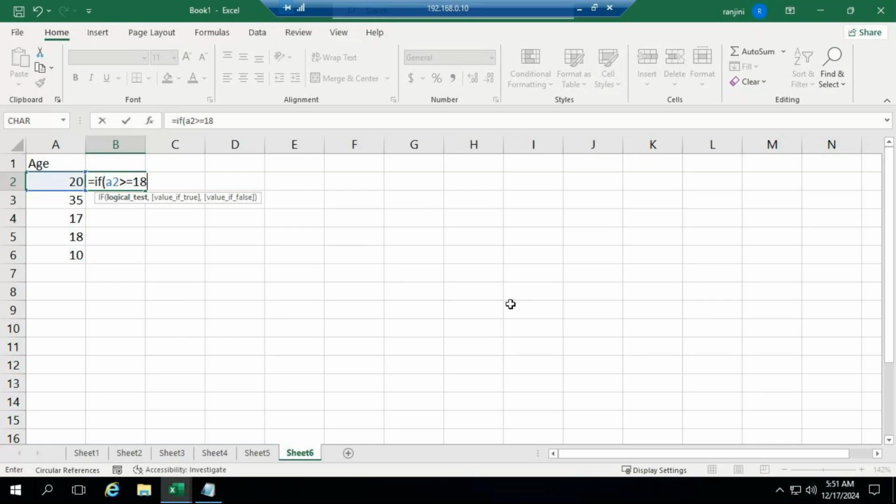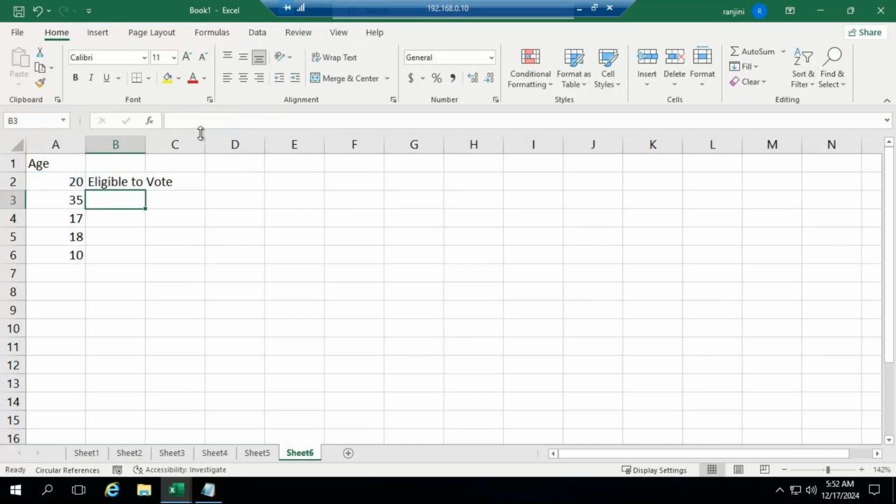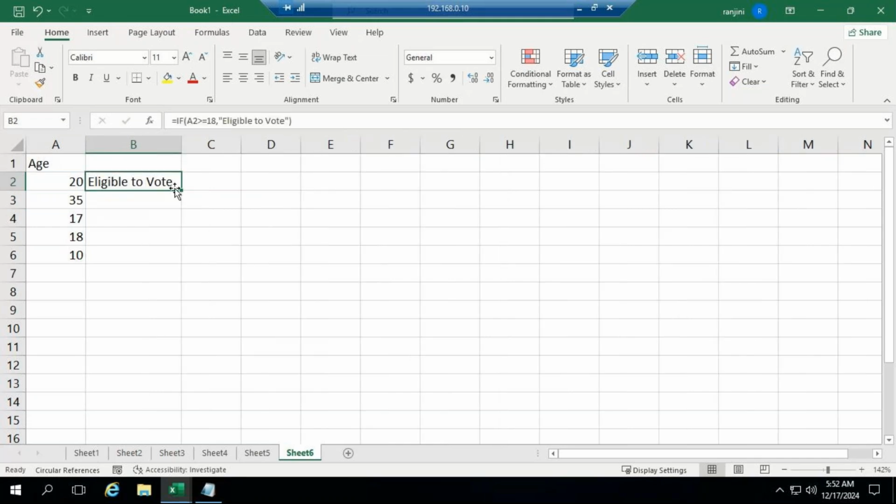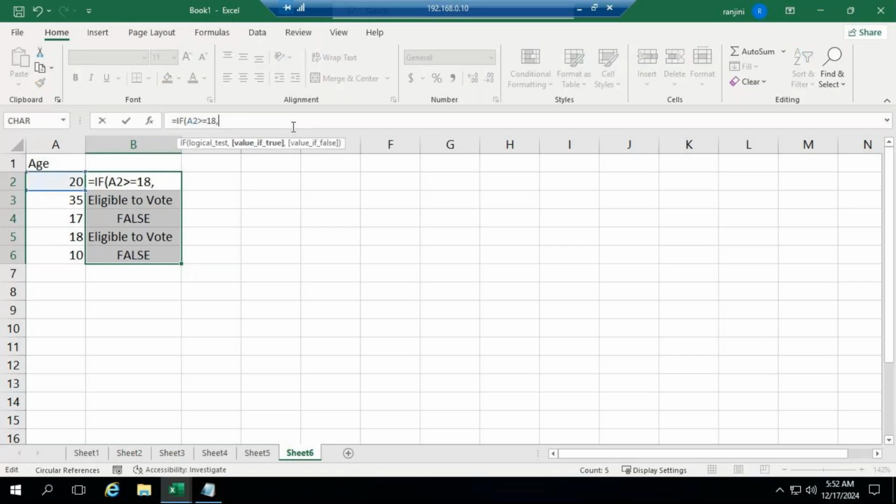Okay, if it is 18 and above, then it has to show me the message as eligible to vote. So if I just close the bracket, wherever the value is above 18, only for that it will show you eligible to vote. For other records, it will show you false. Suppose I don't give any message, if I don't mention any,